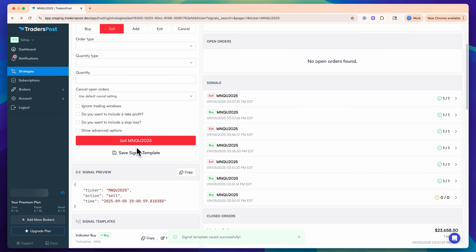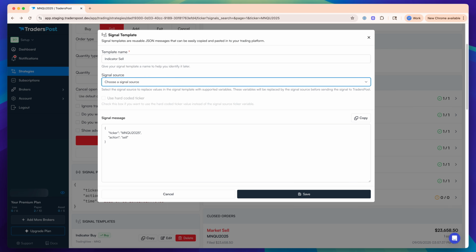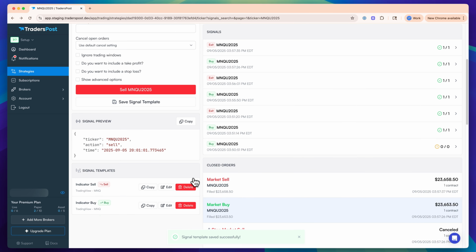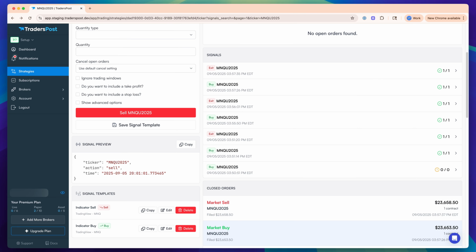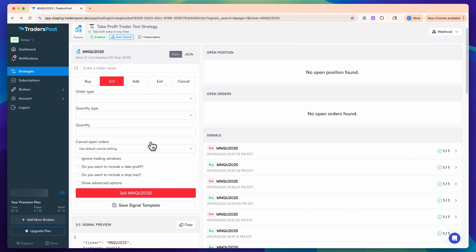If I create the sell, it's the same thing. I'll save it. Indicator sell, TradingView, save. Awesome. So that's like the most basic of alerts that you could create with JSON, a sell and a buy. Now, if I wanted to get more sophisticated with it and add a take profit and stop loss, it's the same exact process. So for this, the strategy or the subscription settings are the same as what I had before,